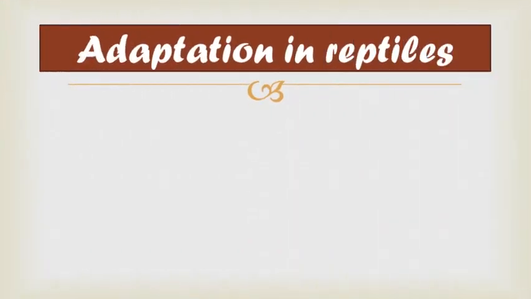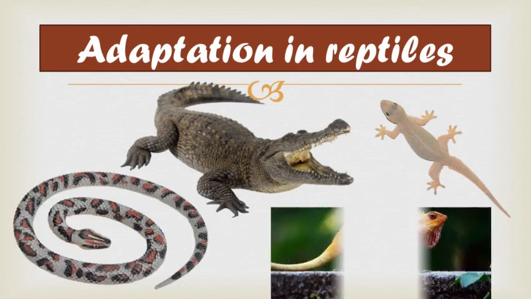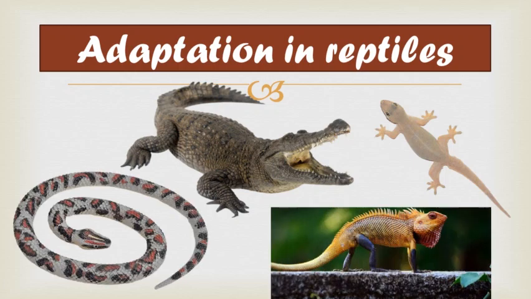Next we have adaptation in reptiles. So animals like the house lizard, garden lizard, this is a garden lizard, and crocodile and snake use their muscles for creeping. Similarly, they show adaptation in skin, soles of feet, body color, etc. For example, the house lizard and monitor lizard have clawed toes and thin soles, whereas the snake has a scaly skin.